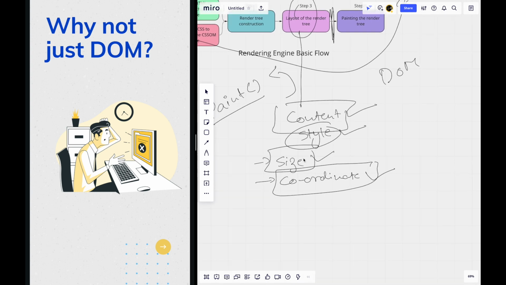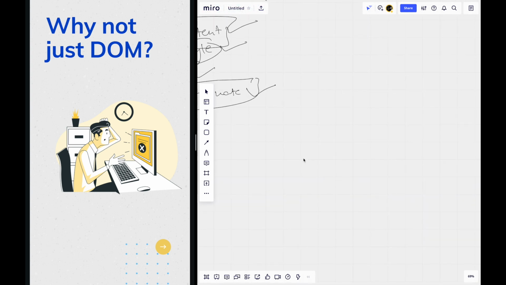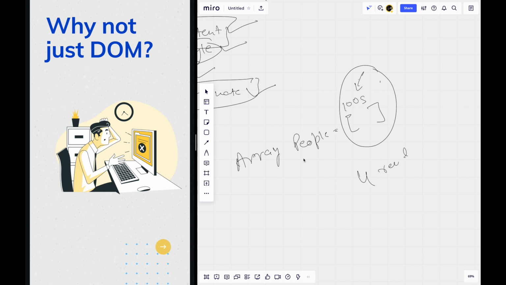So imagine there is a huge list that I have, let us say an array of people, which has hundreds of names. Now even if I change just one name out of these hundreds of names, the whole document will be recreated and this whole list will be repainted on the screen, and these 4 steps of my rendering engine need to be followed. So this takes a lot of time, and that is why DOM is slower.